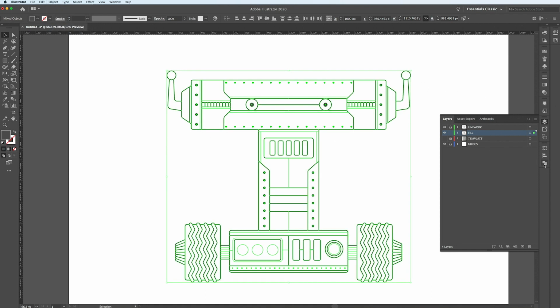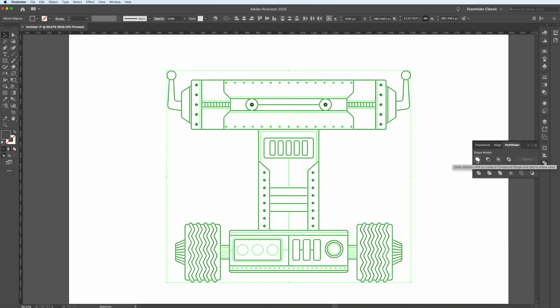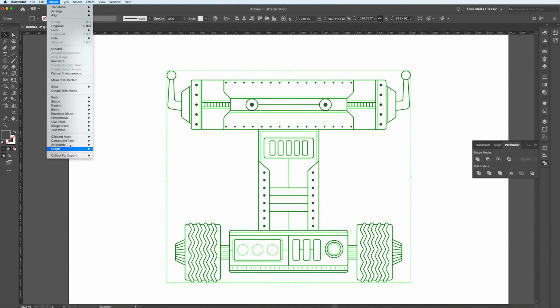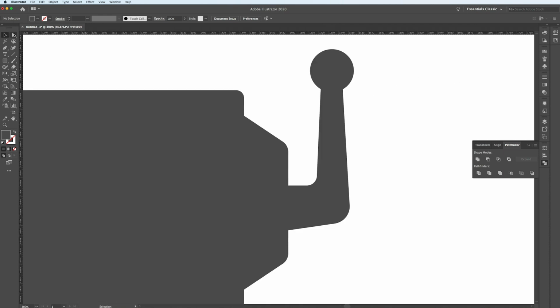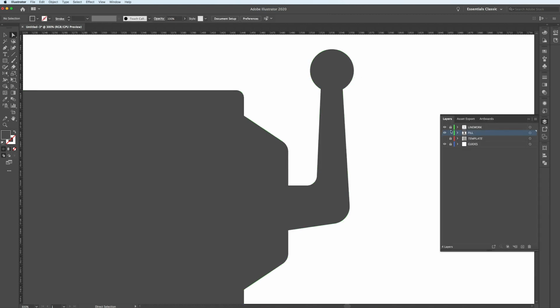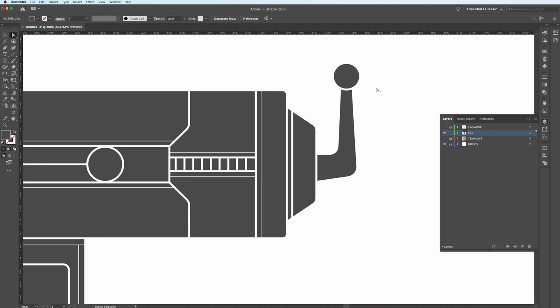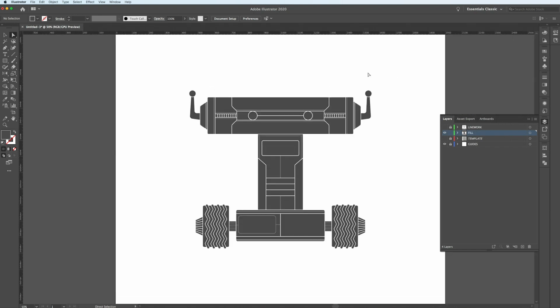With everything outlined, I'm now going to be able to merge them together using the Pathfinder Unite option, which gives me one compound path for all my outlines. I could then go Object, Compound Path Release, and with the direct selection arrow, I'd like to pick up the outermost path and hit Delete twice. I'm going to turn off the line work so I can see what that actually did. And here you'll be able to see that all of the internal shapes inside that compound path have been left as their own